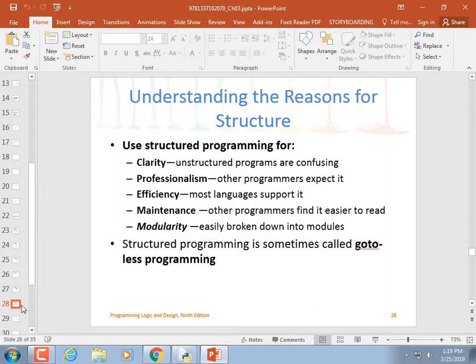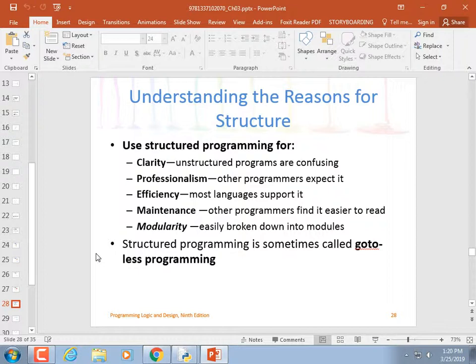So, the reasons for structure. Well, Python doesn't let you write unstructured programs. So that's the big reason. But you use structures in order to maintain the clarity of the program. And I think I showed y'all some code for the Apollo moon landing. It was all written in assembler. They didn't have the words for and while and stuff like that. They just had jump statements and things like that. So assembler lets you write unstructured code. However, the NASA engineers were very careful to go ahead and write structured code anyway, simulating the structures that we have with those base machine languages.